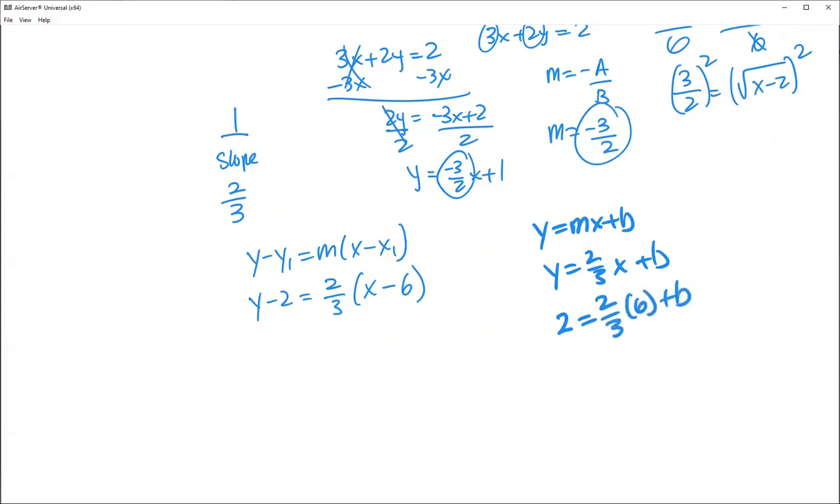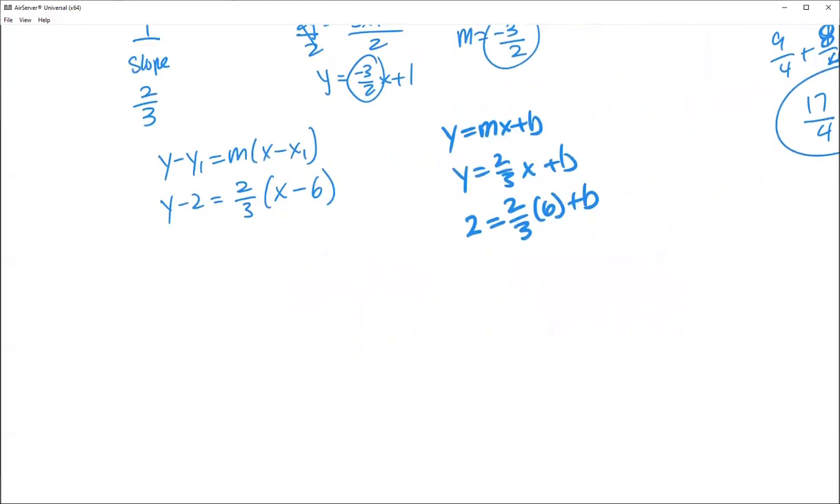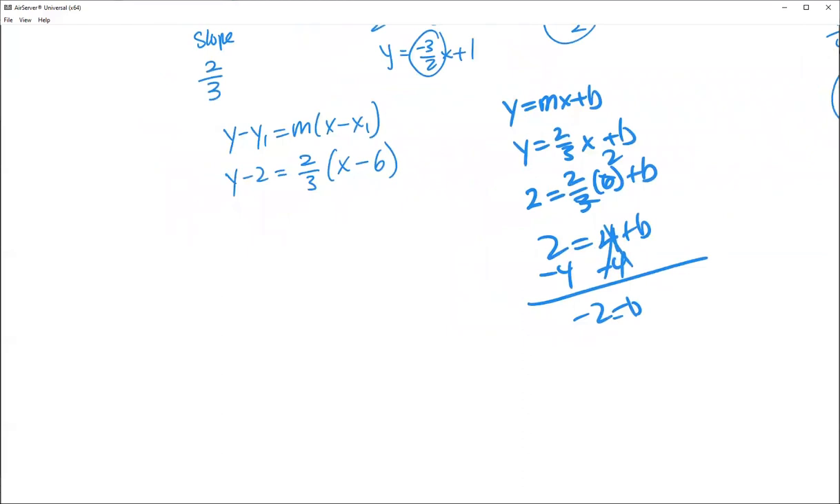So I cancel, so that'll be 2. So that'll be 2 times 2 is 4, plus b is equal to 2. So you subtract 4. So b is equal to negative 2. So y is equal to 2 over 3x minus 2. It's another way of saying that. Number 10